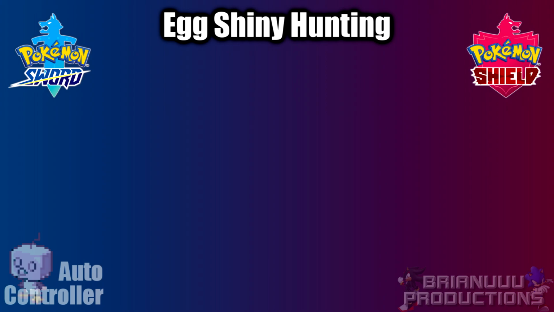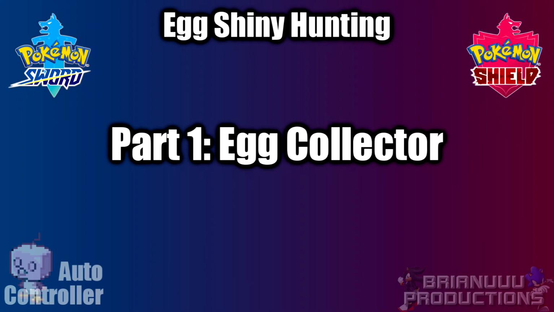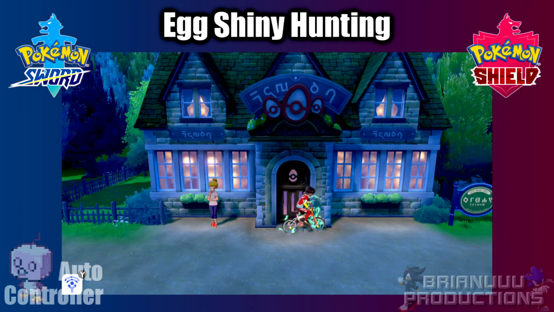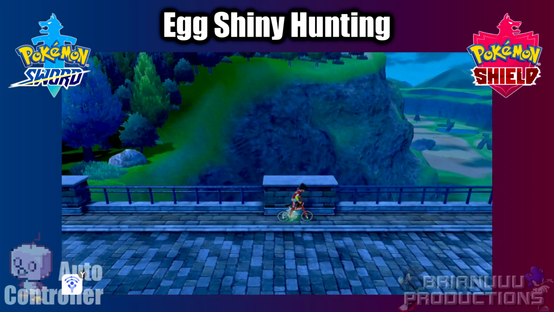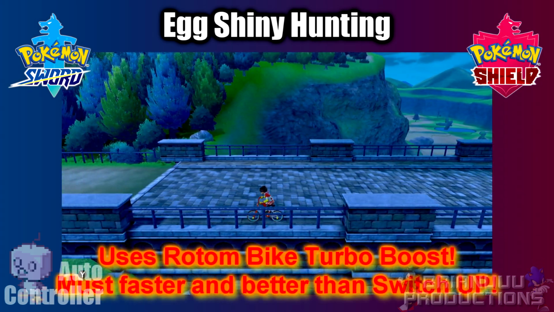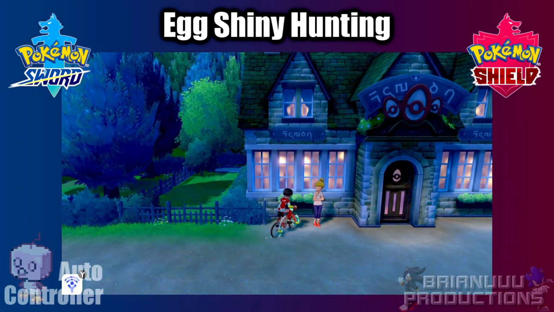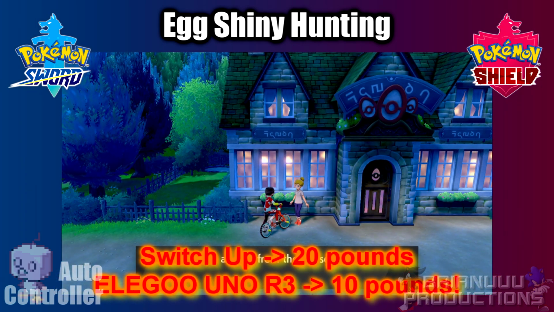Finally, we have the Egg Shiny Hunting program. This program is split into two parts, the EggCollector and EggHatcher. Both of these programs are used in Route 5 Nursery, and they make use of the Rotom Bike's Turbo Boost, making them much more efficient compared to the Switch-Up Gain Enhancer. On top of that, all the programs are open source, and the Arduino boards are way cheaper, so please do